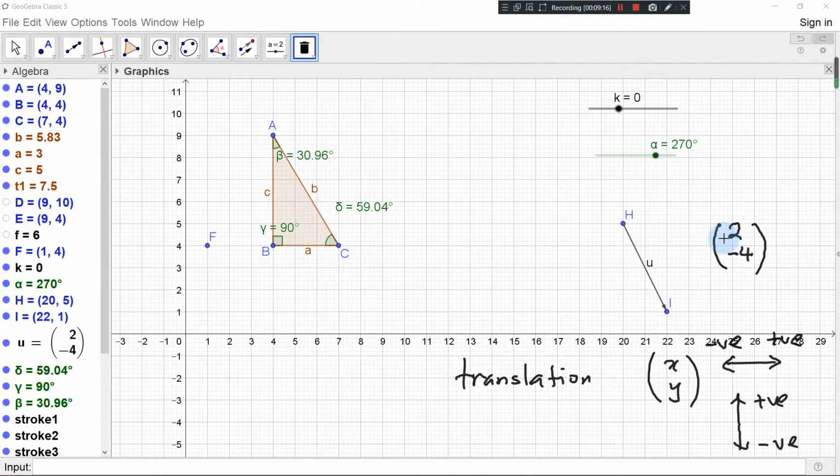Okay, now you already understand about the translation, right? So it means every vertex moves 2 steps to your right, 4 steps down. 2 steps, 4 steps down. Here also the same thing. Okay, so another 2 isometric transformations that you are going to learn in this chapter is